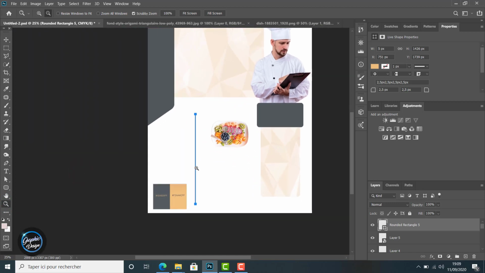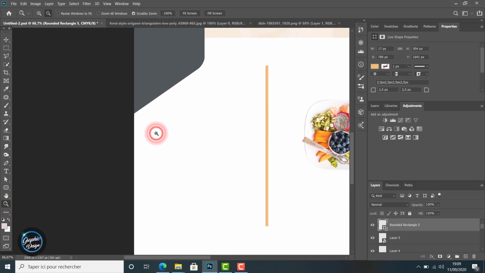and I will try to resize it to make it the size I want. So I will make a little zoom in to see things very clearly, and using Ctrl C I try to make it very thin, like you can see here. So I come back with a zoom out and I select it. I try to make it smaller with a little height. Of course you can add a little width also to the rectangle. So like you will see now, the rectangle is nearly